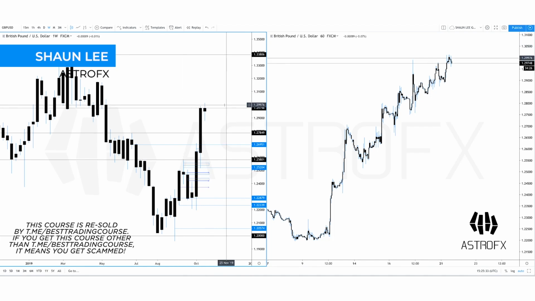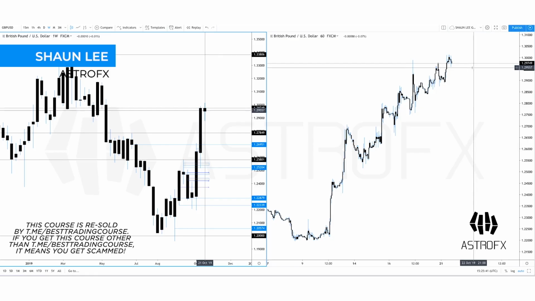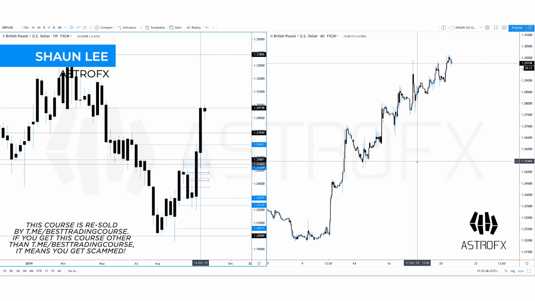Currently, as you can see, if I put my crosshair at 1.3 and you can translate this over to the right-hand screen on the hourly, you can see that psychological level of 1.3 is forming, the price is actually forming some intraday resistance right in this little area here. So let's get into the hourly and go across a few pairs. For the next few days now, it's October the 21st. For the next few days, Monday at the moment,